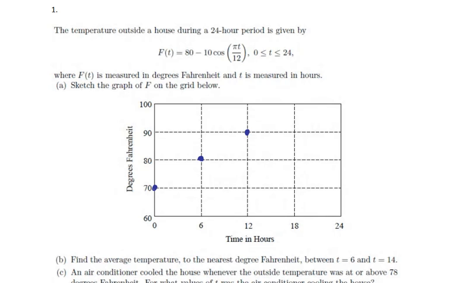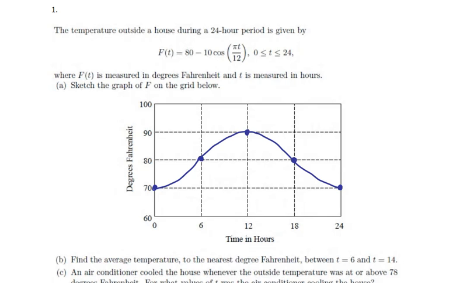Going to 18, you get cosine 3 pi over 2, which is also 0, and so you're going to be back at 80 for that one. And at 24, you're going to have cosine of 2 pi, which is 1, and so you have 80 minus 10, which is 70. So even though it looks pretty complicated, it actually is a very simple function to graph. Now I'm just going to draw in the smooth curve, which this would be. Now, just by guessing, you may not get the concavity right, but you can certainly go to your calculator now